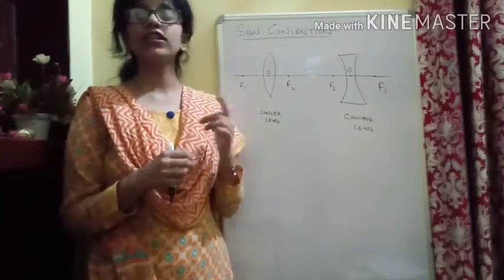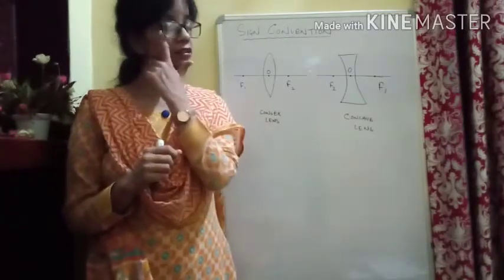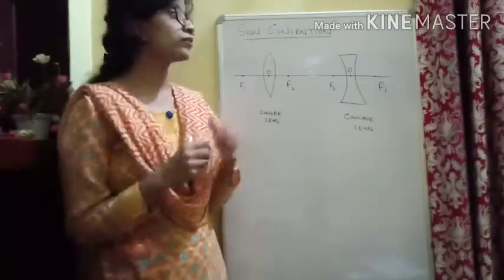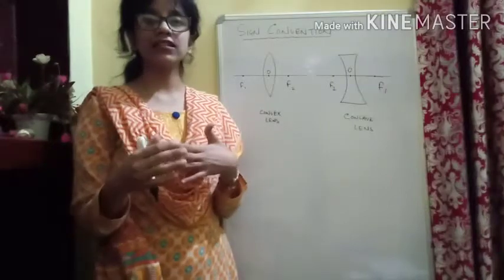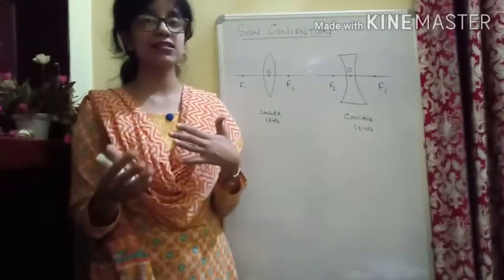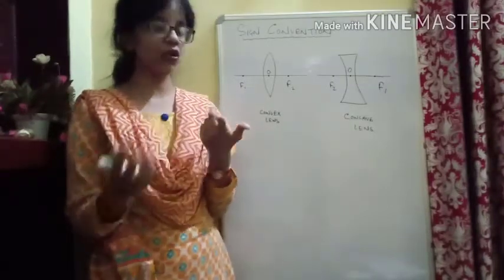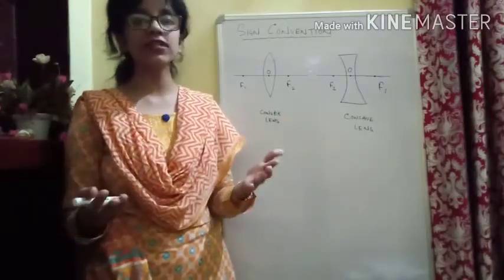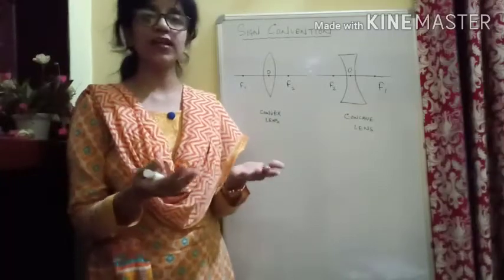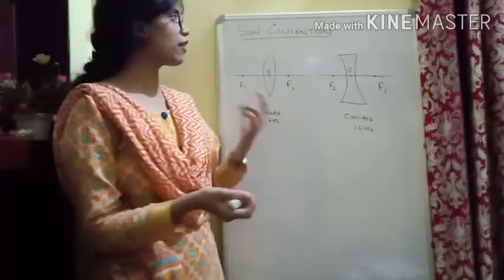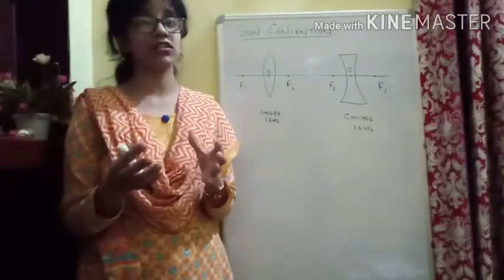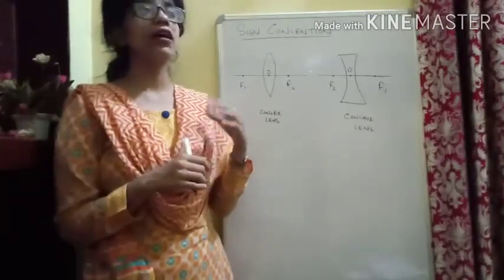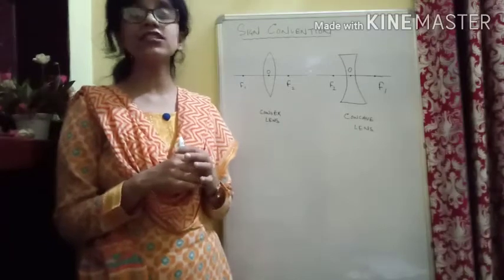If you can recall, in class 9th we have learned the mirror formula. Here we are going to learn the lens formula. As you know, in lenses, to calculate the distance of object, distance of image or the focal length, we have a formula known as lens formula, and for that we have to take some sign convention, and the sign convention is actually this Cartesian sign convention.